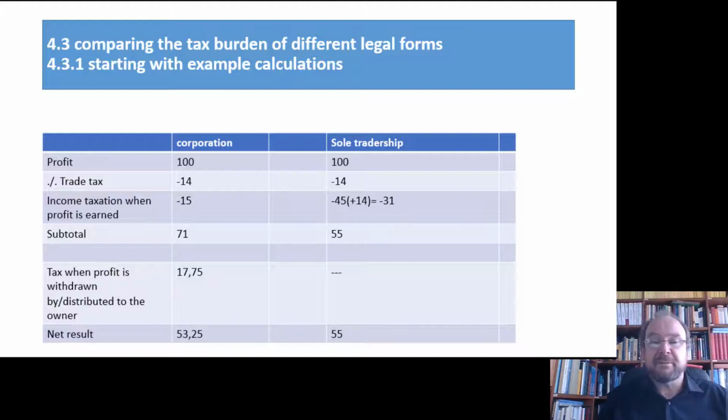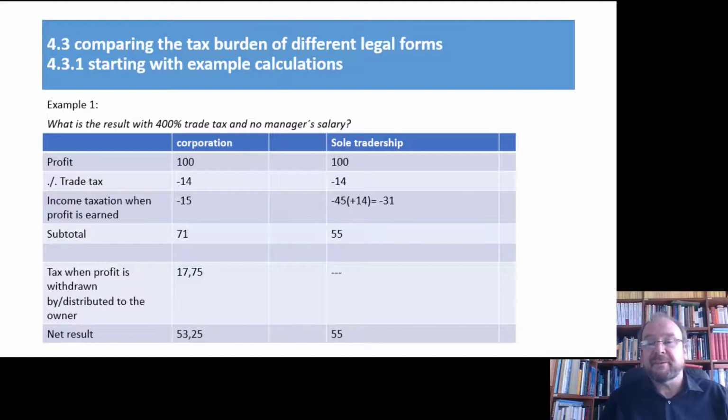And when you distribute it, so when you take it out of the enterprise, nothing happens, because the money in the enterprise is already your money. So when you take it out, you don't get richer. That's not an income for you. So there will be no second taxation if you take cash out of the enterprise. So here we have net results of 53 and 55. Yeah. And here you see the animation is a bit delayed,